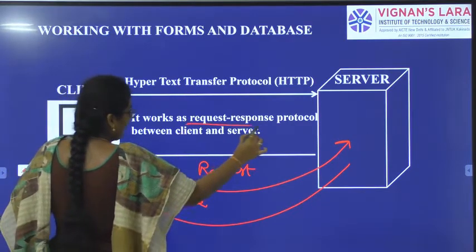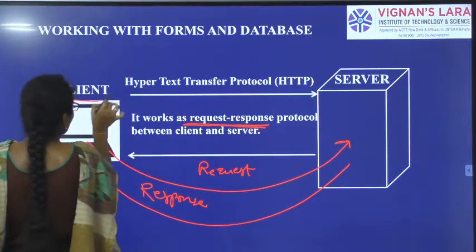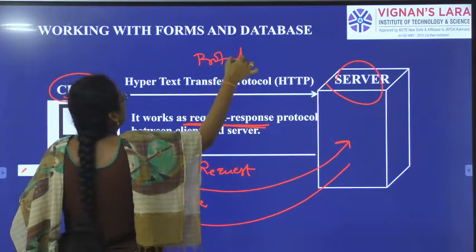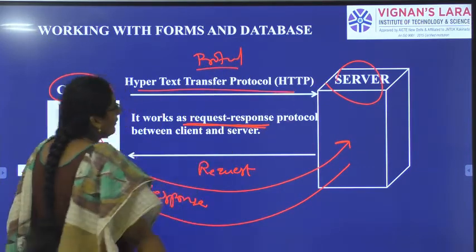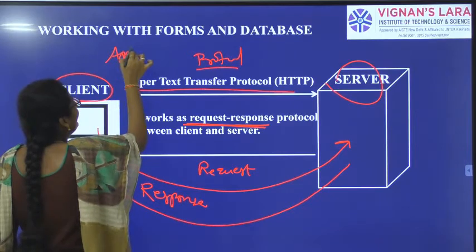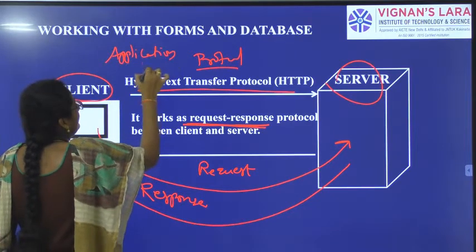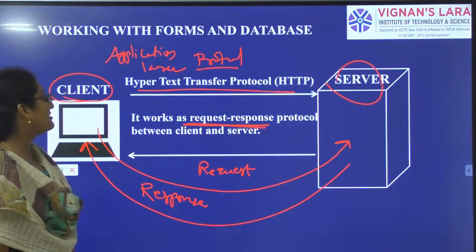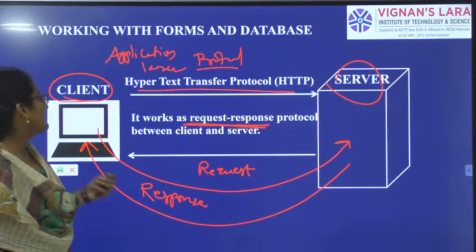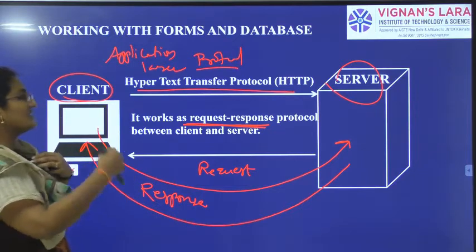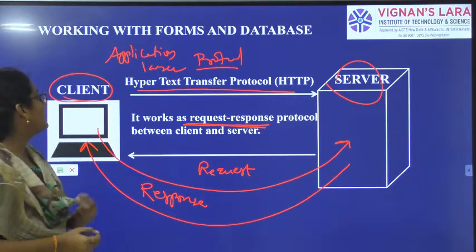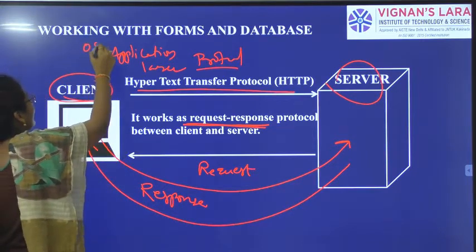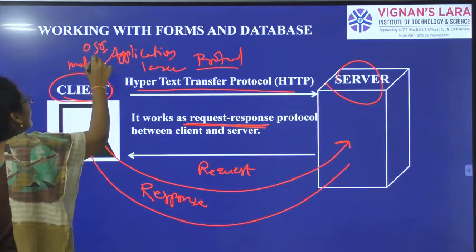So for this request and response between the client and server, we are using the protocol called hypertext transfer protocol, which is the protocol in application layer. This hypertext transfer protocol is called HTTP. HTTP we can observe in application layer. Where did we get the application layer? From the OSI model.